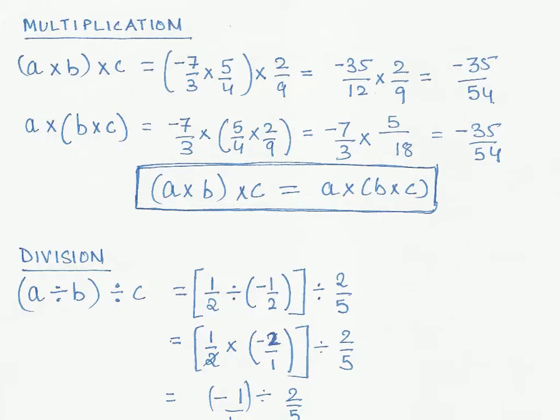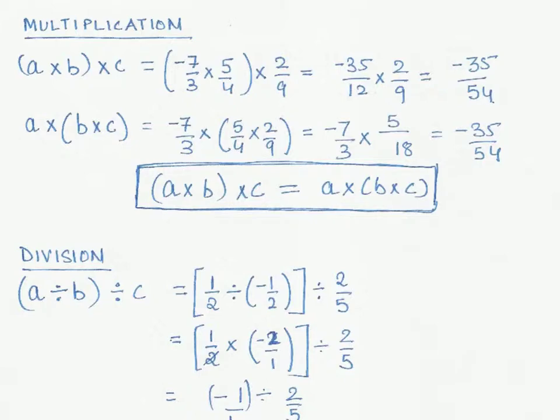Now let us look at the proof of associativity for rational numbers under the operation of multiplication. So we proceed as we did earlier when we were trying to prove addition and subtraction. We take three rational numbers a, b and c, and we first multiply a and b. That is, we have the first product by grouping a and b together first, and then we multiply this product